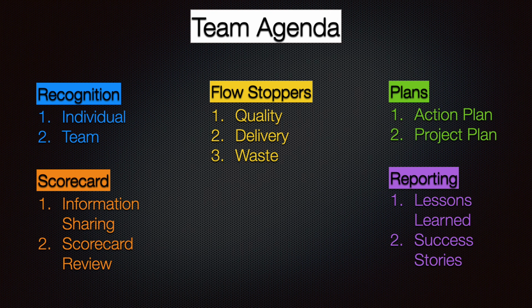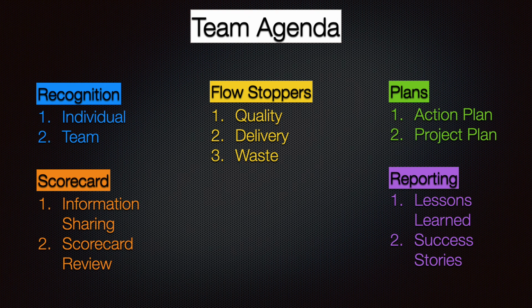The next thing that is important is talking about flow stoppers. So all teams have a goal of adding value in some manner. And flow is the important thing when you're talking about adding value. Flow stoppers are the things that cause you to not be able to flow. So things like waste and quality issues and delivery issues. And so typically it's important for a team to focus on some of those key flow stoppers and make a point to discuss it as a group and talk about what are opportunities to make things better, which leads into